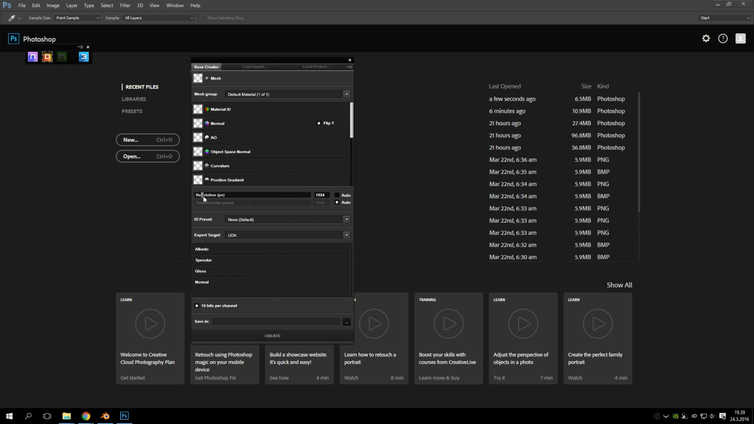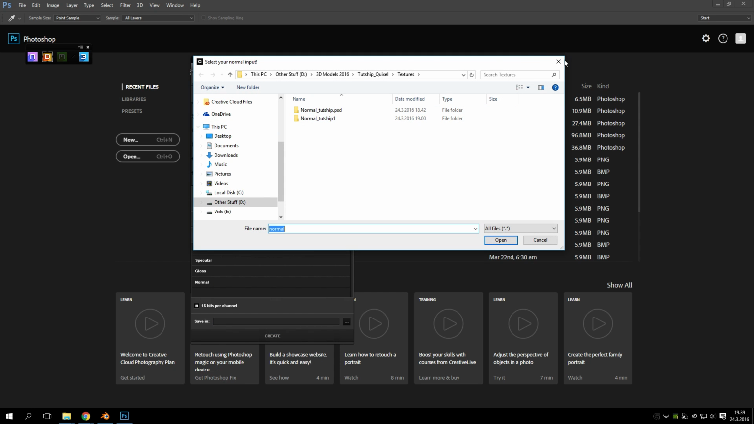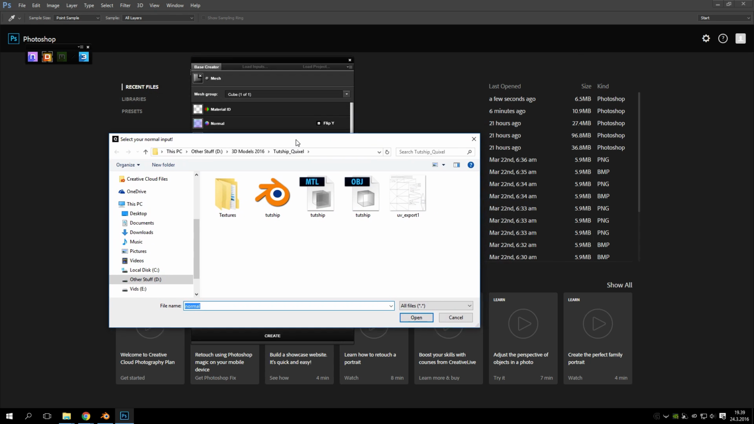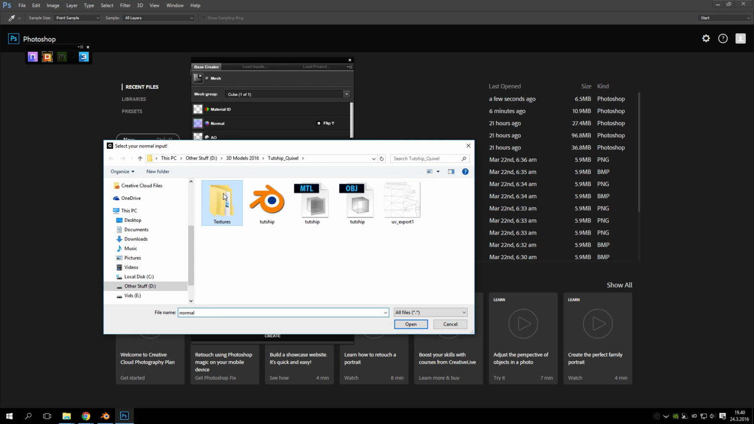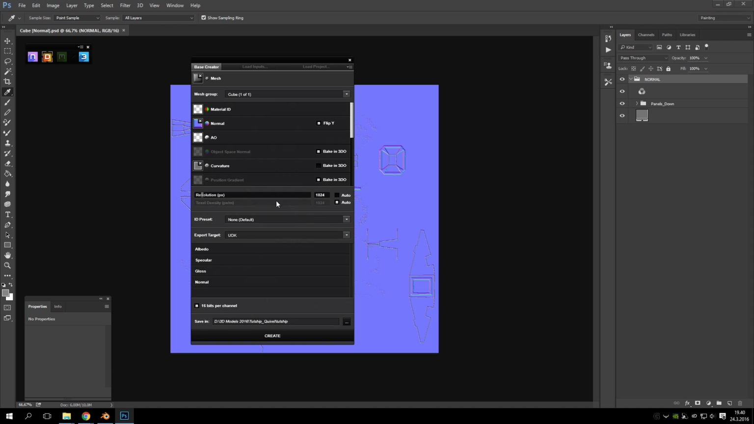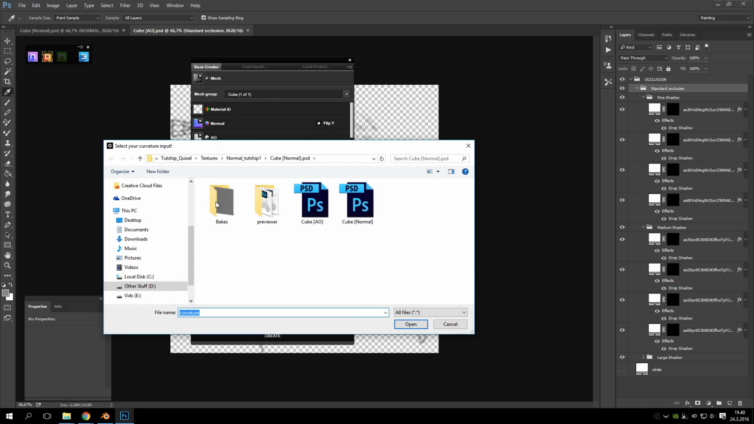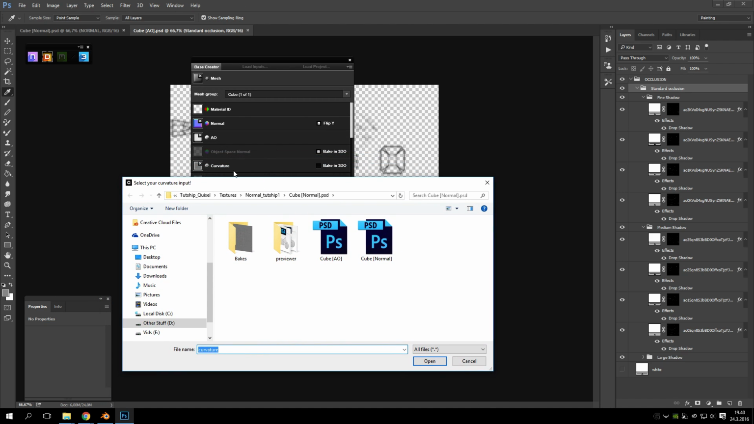So our resolution should be 1K, and we want to take our maps. Oh wait, first we take our mesh. So tutZip, obj, and there's only one mesh, that's fine. Then normal, textures, this one, cube normal, then AO, cube AO, then curvature, yeah,